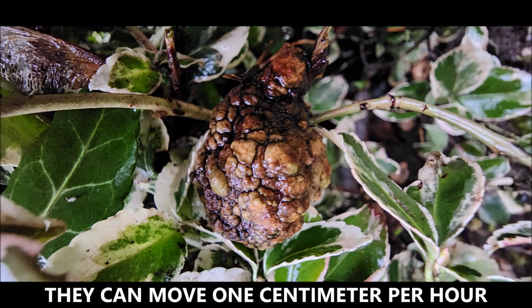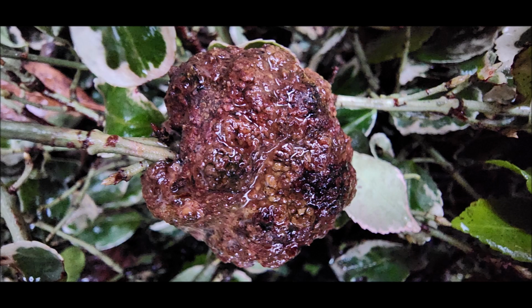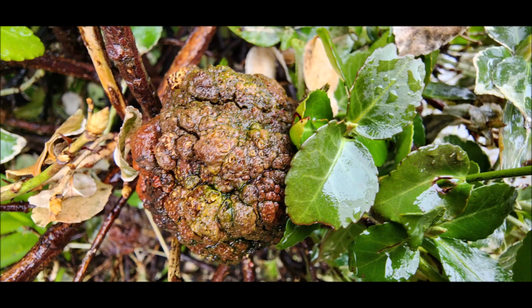And yes, they can move a centimeter per hour. These blobs, as they may be called, to me look like large hamburger meatballs. Hard to distinguish the two, really. But these do move along at 1 centimeter per hour up to get the leaves off of this tree. And so,